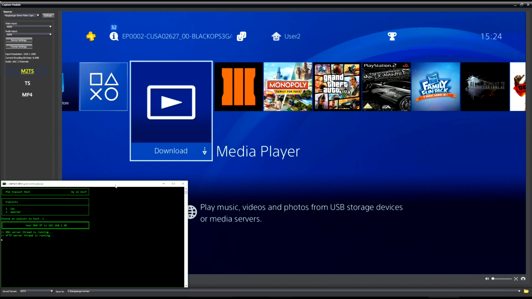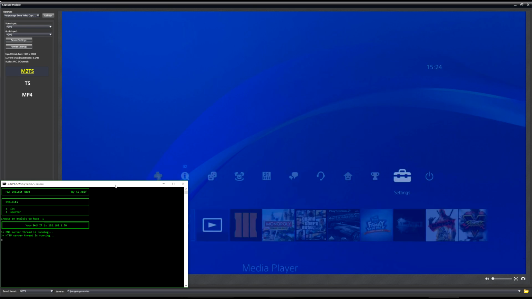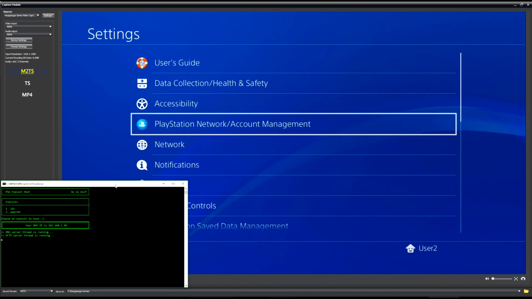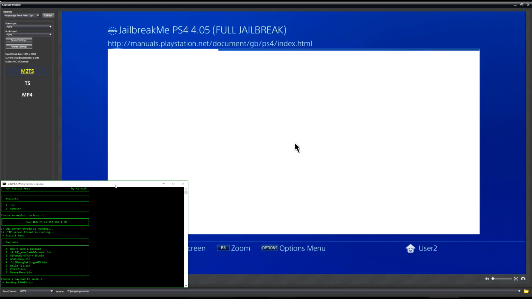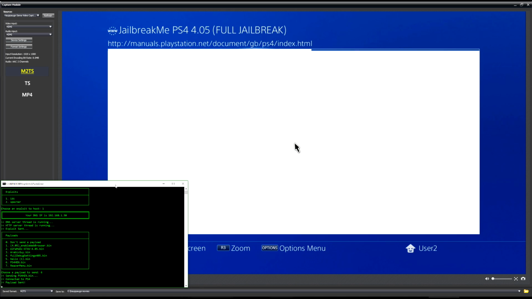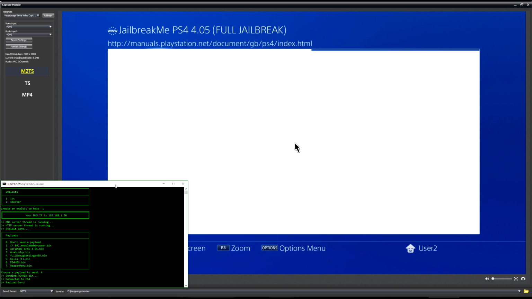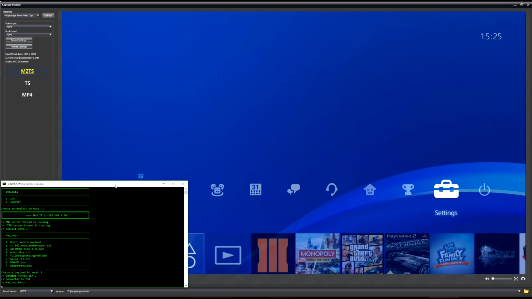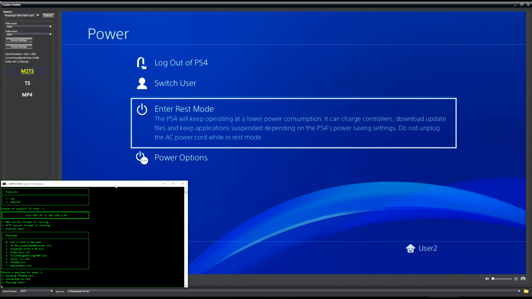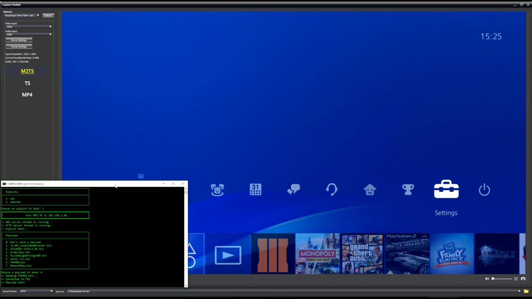I'm going to go to the PS4 and I'm going to go to my user settings, user guide settings thing here. So like so, we're going to run the exploit now. When it comes up, running PS4 HEN, payload sent. PS4 gets the payload, crashes, goes back, and now if we go to settings again, whoops, wrong one, settings, and if we scroll all the way down,